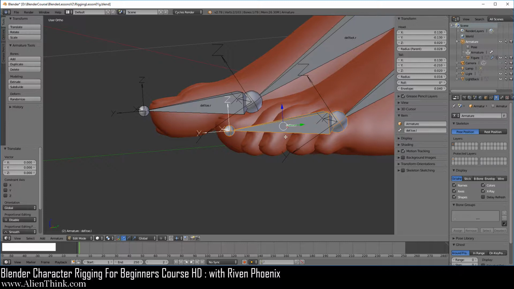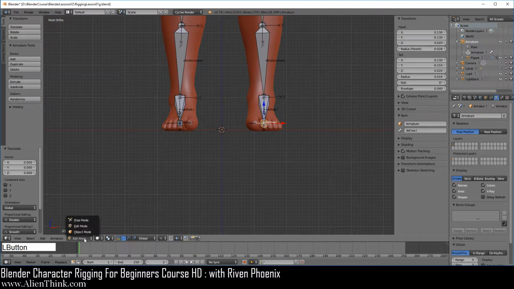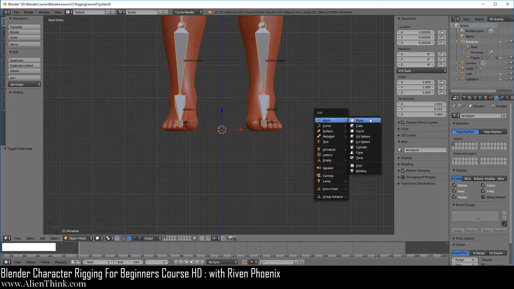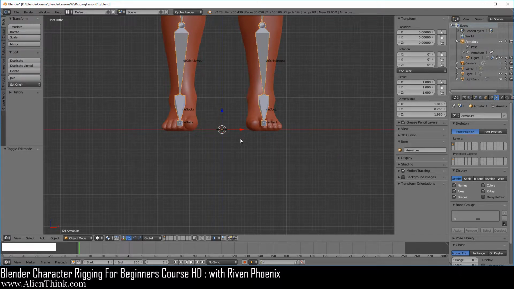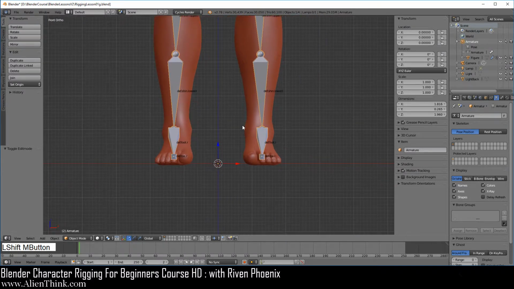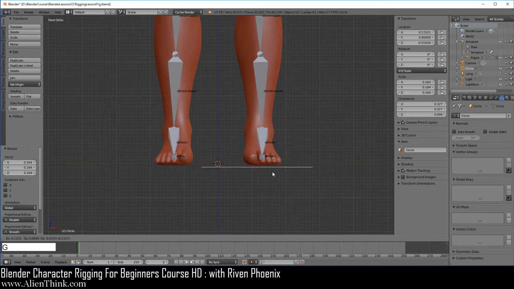So what I want you to do is go ahead and press the 1 key, go to the front view, and go ahead and switch to object mode over here, do Shift A and add a circle. Notice that it's only going to add the circle where the 3D cursor is. So here you want to make sure you do Shift C to place the 3D cursor, and then do Shift A and then do a circle. Go ahead and scale this down so it comes like this, okay, and press the G key over here.